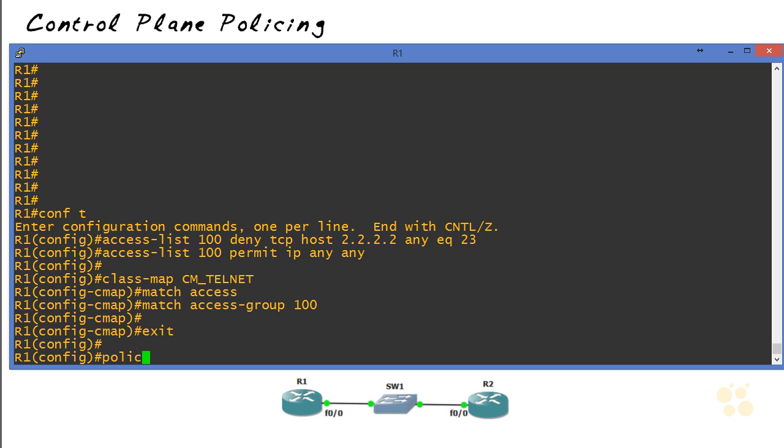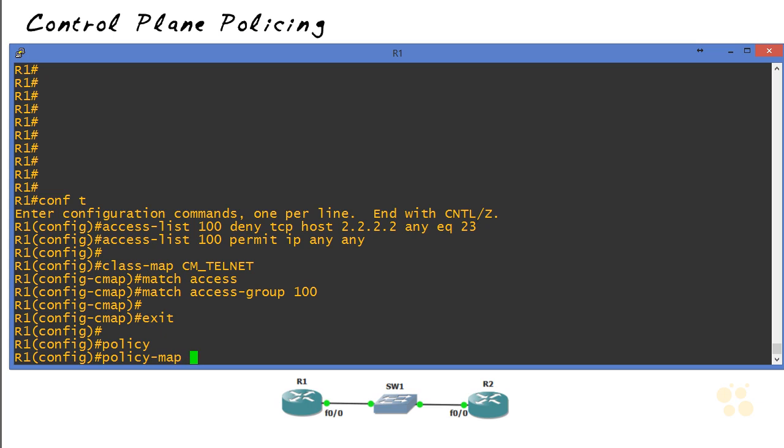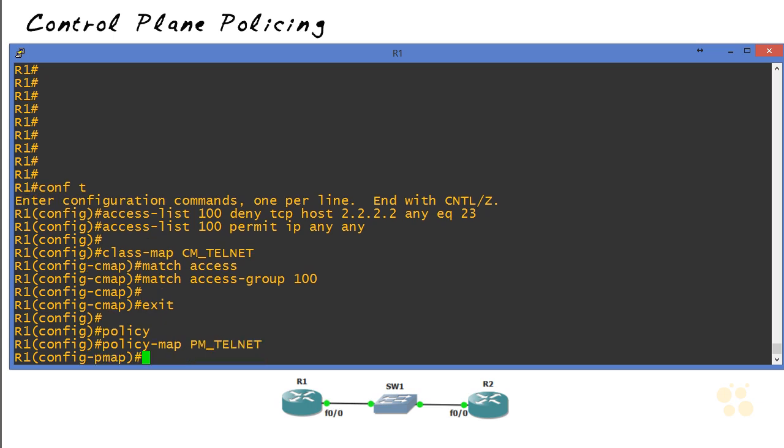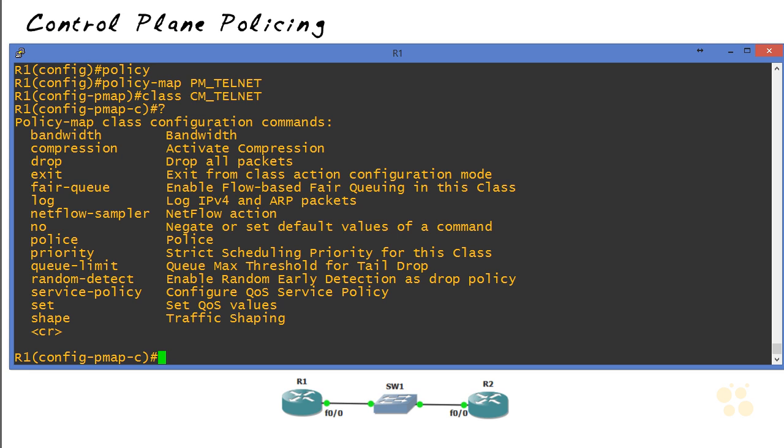So I'll say policy map, and ours will be called PM_telnet. Notice I'm using a naming convention that I can easily reference as I'm racing through in my lab exam. I will go ahead and call the CM_telnet class,